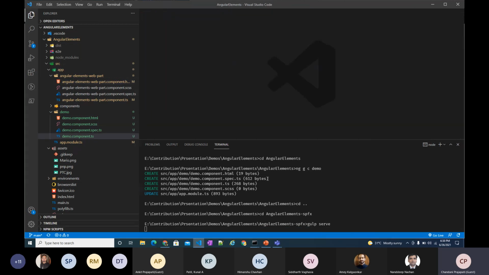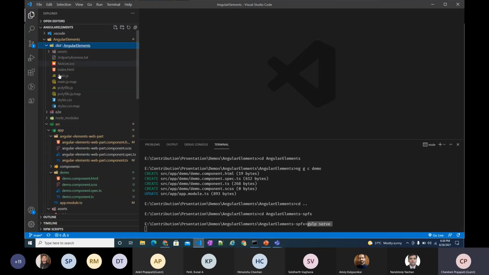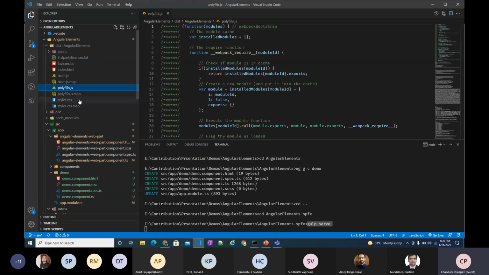First of all, I am executing gulp serve, but Angular changes will not reflect in our SPFx web part, because whenever we make any changes in the Angular element, we have to execute the command npm run bundle, because using this bundle it will create three files: main.js, polyfill.js, and style.css.